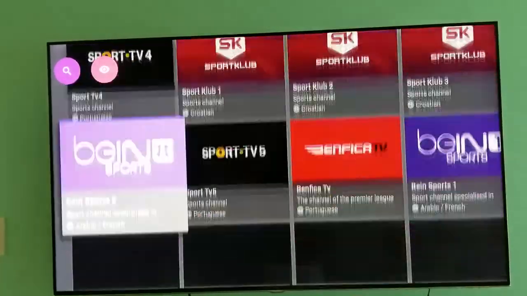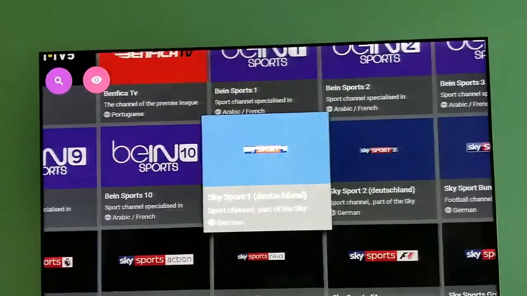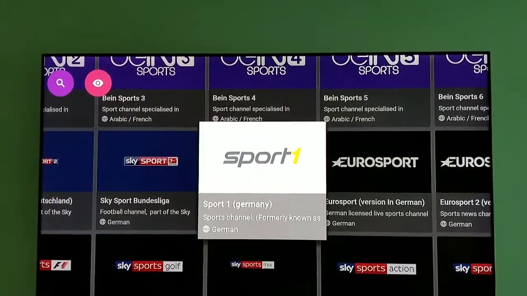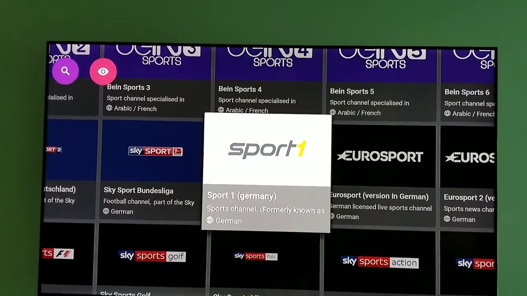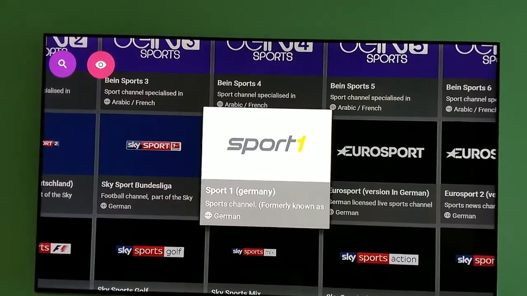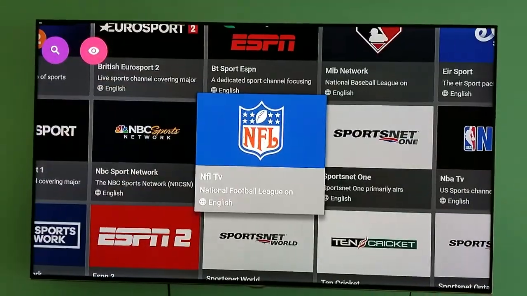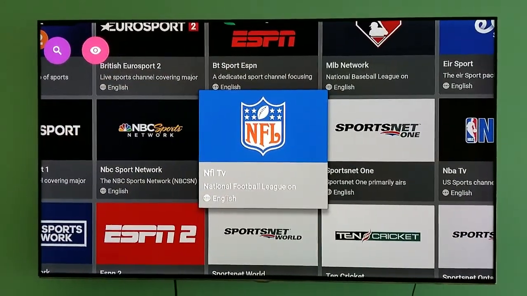So some of these may be available, some of them won't. It just depends on the source. And it could be your internet speed. It could be whether or not there's enough bandwidth allocation, or too many people are watching it, or whatever it may be. So there are many factors. So if you were to click on NFL TV,